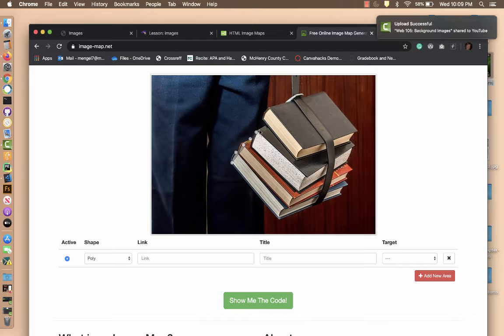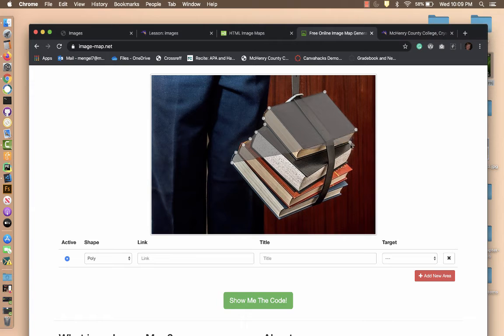work on the shape of these books. And it's okay if I get a little bit over them. But I'm trying to basically follow the outline of this stack of books. And you can see that it would be hard to get all of these coordinates manually. Possible, but difficult. So by doing it this way, then I can go in and get my link, and I'm